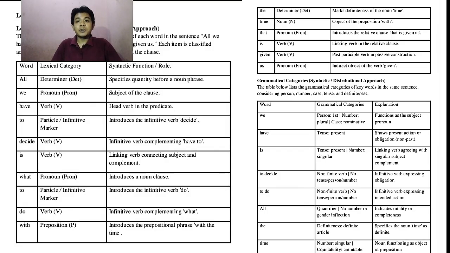Let's begin with the first part, the main concept of syntax. Syntax is a branch of linguistics that studies how words are arranged and combined to form phrases and sentences. It focuses on the patterns and rules that determine how words can be grouped to express clear and meaningful ideas. In other words, syntax helps us understand how sentences are built, why certain word orders make sense, and how structure affects meaning. It also explains why native speakers naturally know which sentences are grammatical and which are not, even without